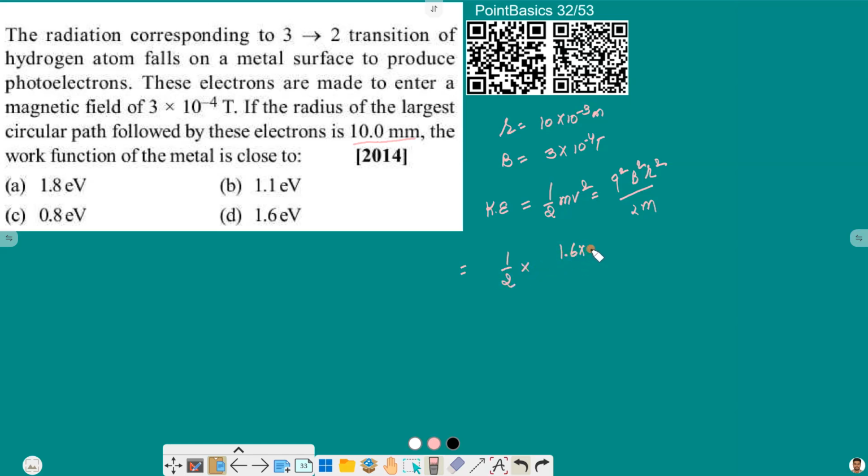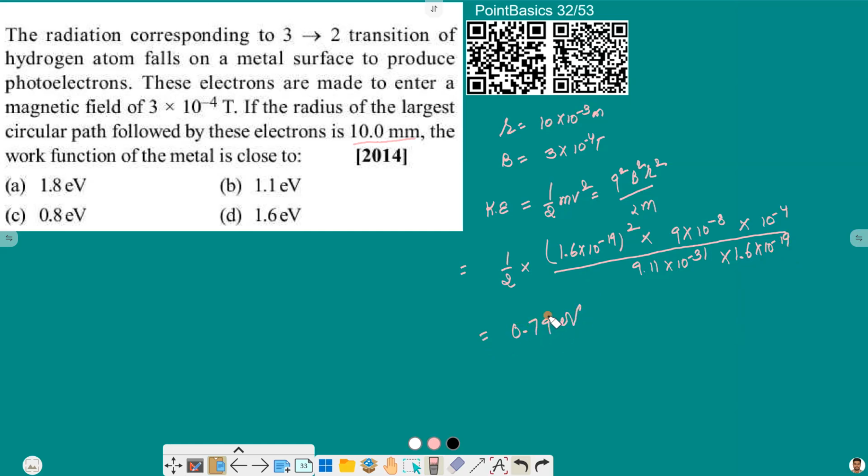Charge is 1.6 × 10⁻¹⁹ and whole square for the electron. Magnetic field square will be 9 × 10⁻⁸, and radius square will be 10⁻⁴, divided by mass, that is 9.11 × 10⁻³¹ for electrons. We want to calculate it in terms of electron volt, so we will further divide it by 1.6 × 10⁻¹⁹. When we solve this, we get kinetic energy as